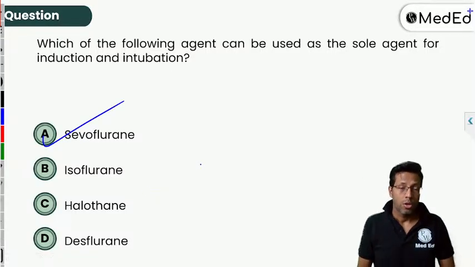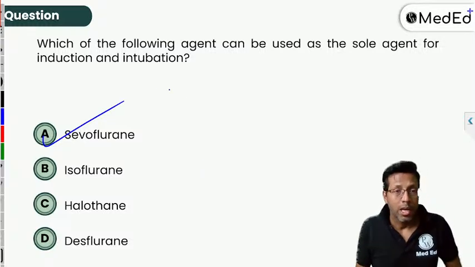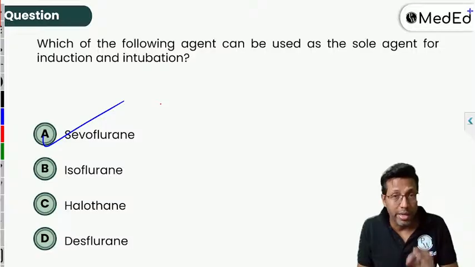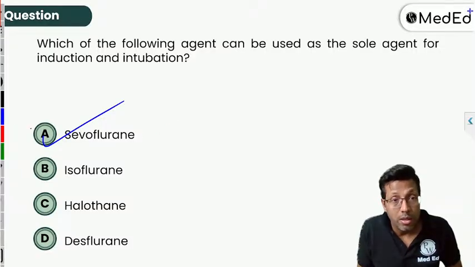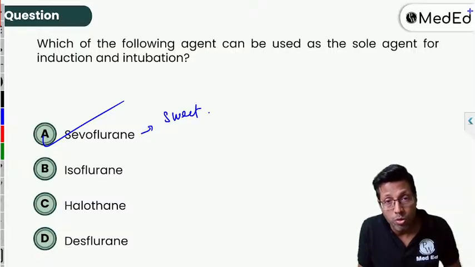The answer is sevoflurane. So when you discuss sevoflurane, remember one point, the 2 point, sevoflurane is an agent which is sweet to smell. Okay, sevoflurane is S, it is sweet to smell. And remember, sweet to smell means it is also good for the respiratory system. It's a bronchodilator,